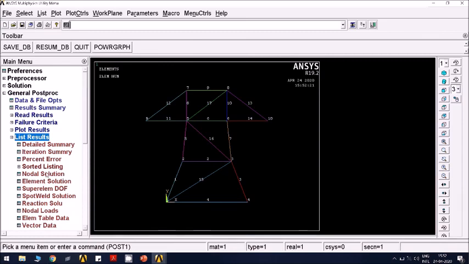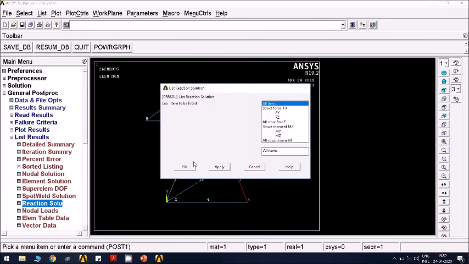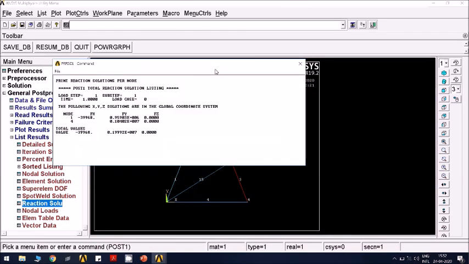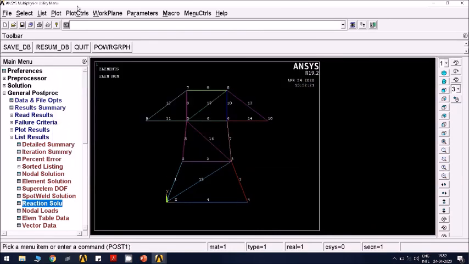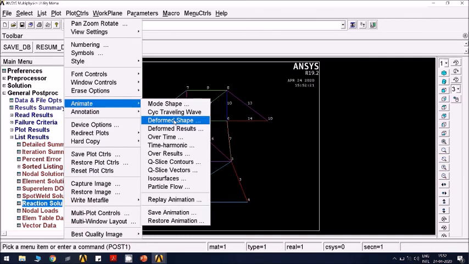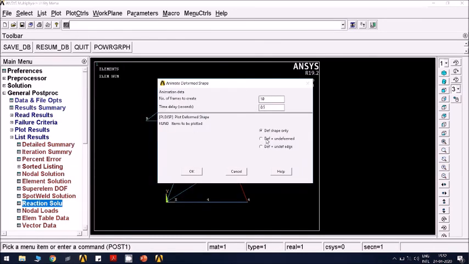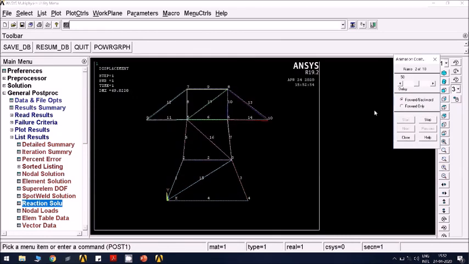And list nodal solution, you can list the displacements, everything. You can list the reactions using this option. And you can animate this deformation. This is how it deforms.